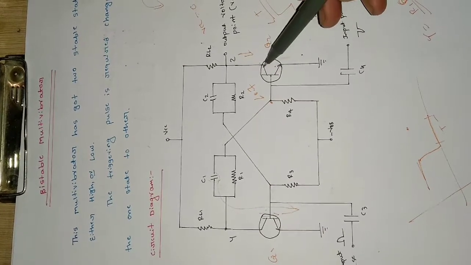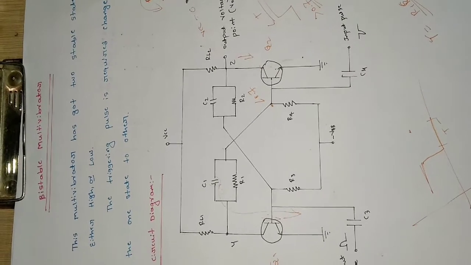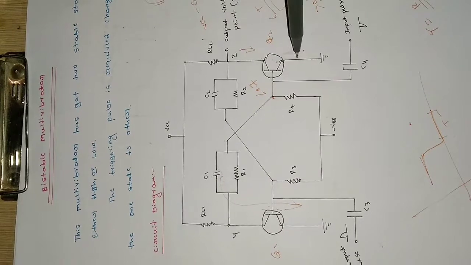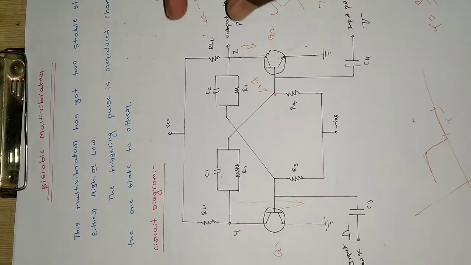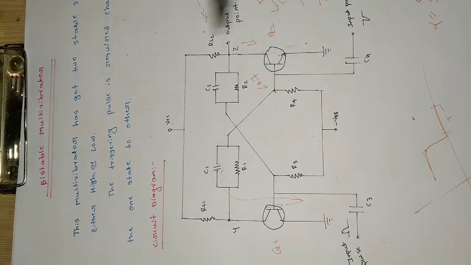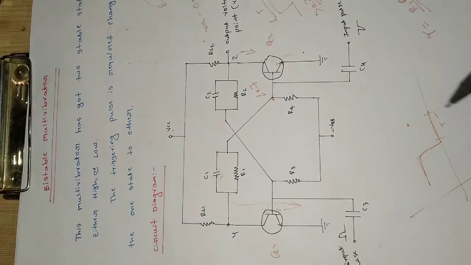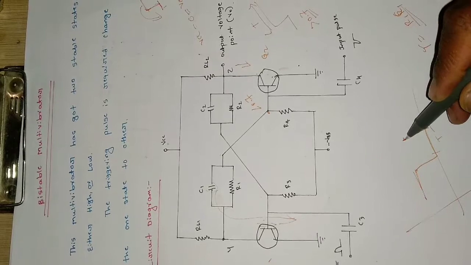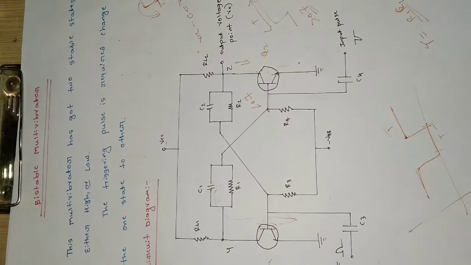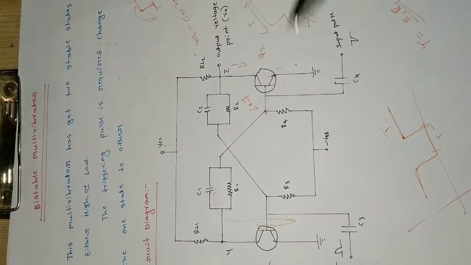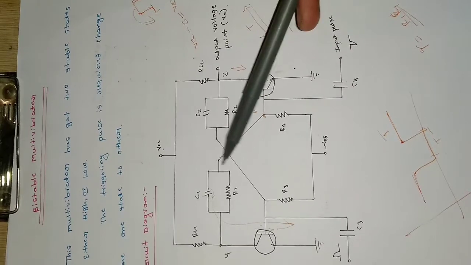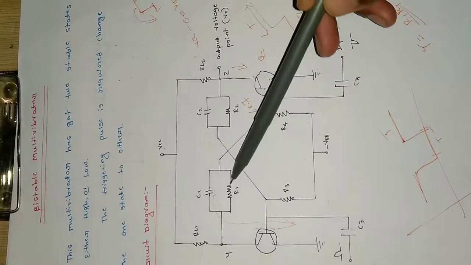So when it becomes switched off, at that time again the voltage at this point will become VCC, because the current has got no path to flow. So the voltage at this point will be equal to the supply voltage. So we will be getting output as high again. Okay, so this is the high, and it will continue for a time period determined by C1 and R1, because C1 is the capacitor involved in the discharging.